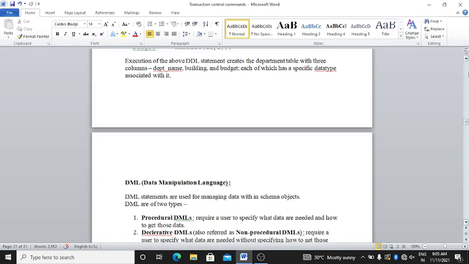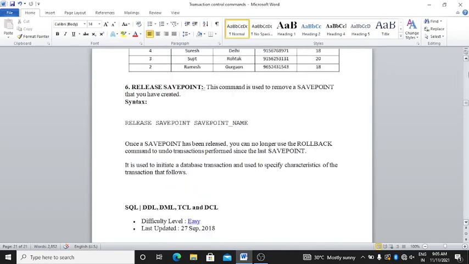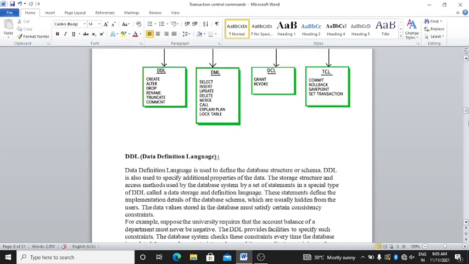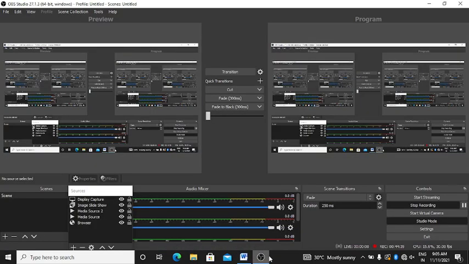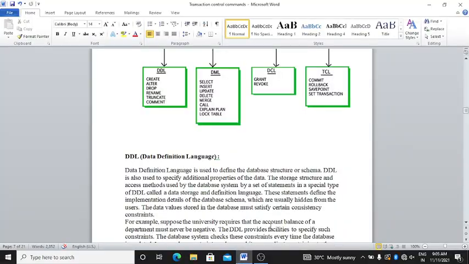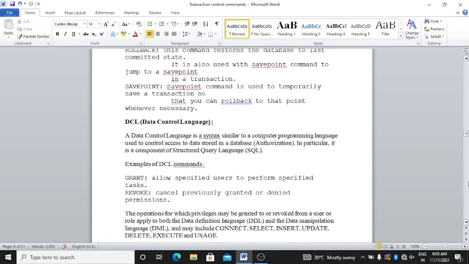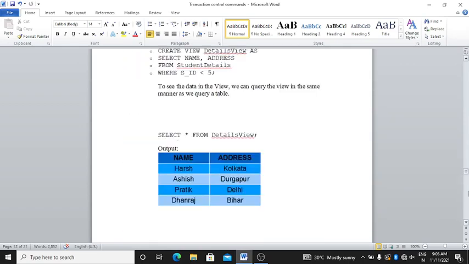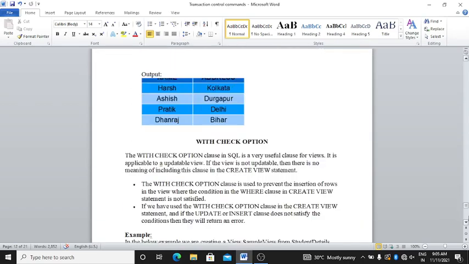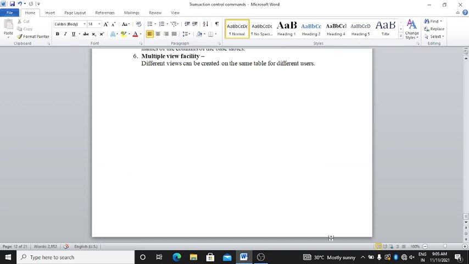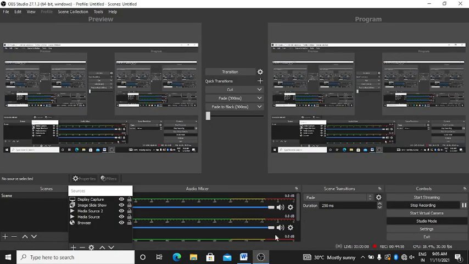In this lecture we have covered all the commands, how they are used and where they are used, and what the syntax is for DDL, DML, DCL and TCL. These four types of commands we used, and after that we solved problems with examples. Please go through this lecture. This is very important for you. Very basic knowledge is given, with simple examples to help you understand the concepts.